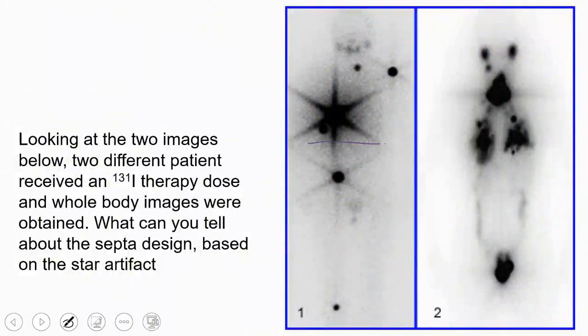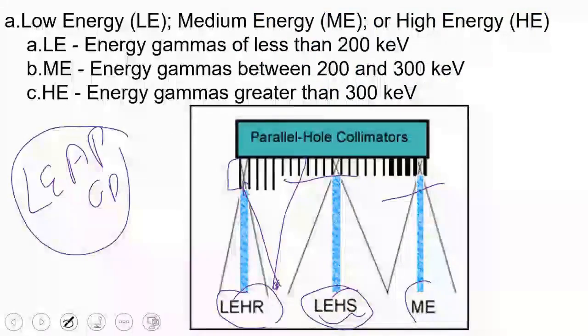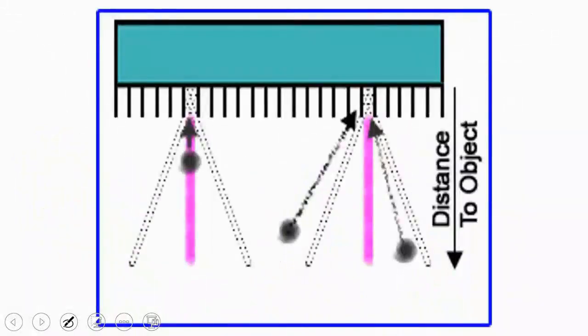The star artifact that I was talking about has disappeared with high energy and is present with low energy. One of the points that affects resolution and sensitivity is distance. As the doctor mentioned, the further away you are, the more you can expect your resolution and sensitivity to decrease. Therefore, you should always try to keep your head, crystal, or collimator as close as possible to the object,